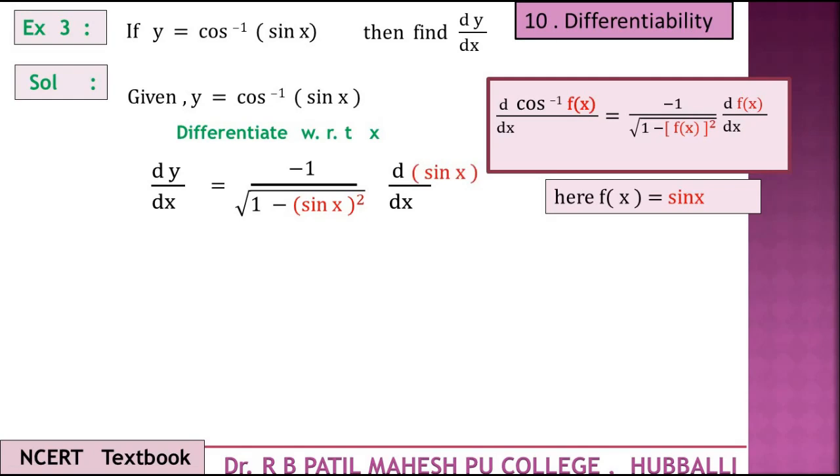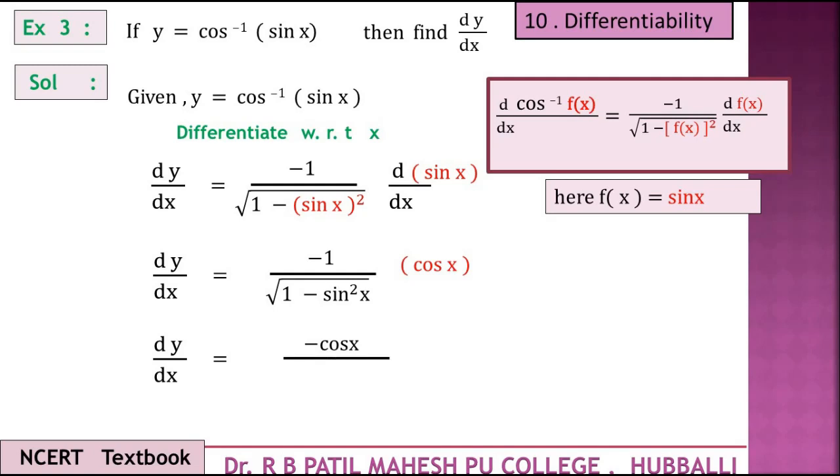I hope you got it. We follow this formula: minus 1 divided by, remember the standard function answer, minus 1 divided by root of 1 minus x square. In place of x, what we have is the function, square that one, and d by dx of that function. So it is very easy. So rewriting, sin x whole square is written as sin square x, and the derivative of sin x is cos x. So rewriting this function, we get minus cos x divided by root of 1 minus sin square x. So this is the derivative of the given function.